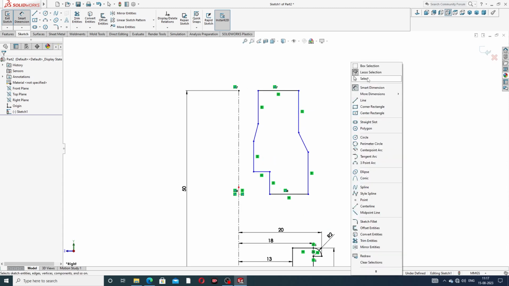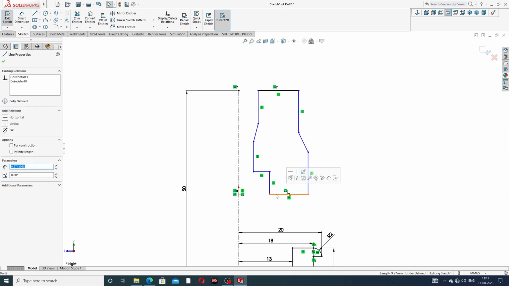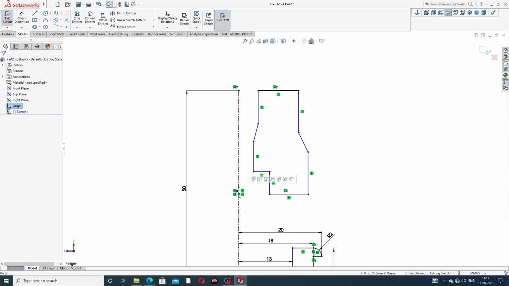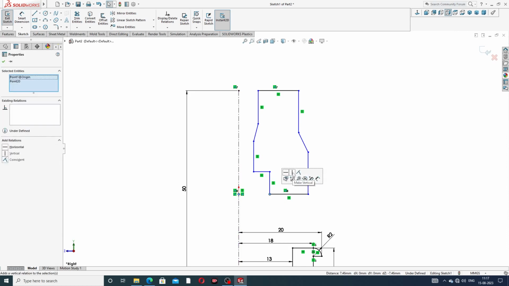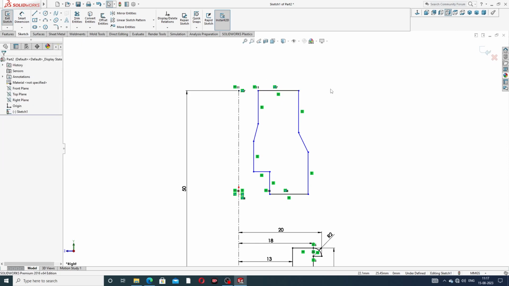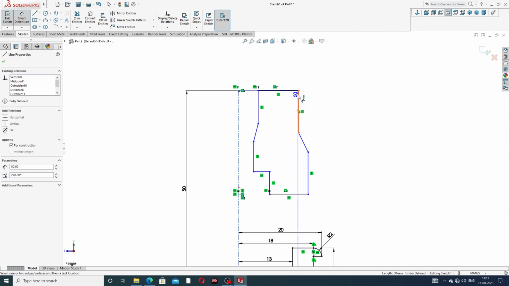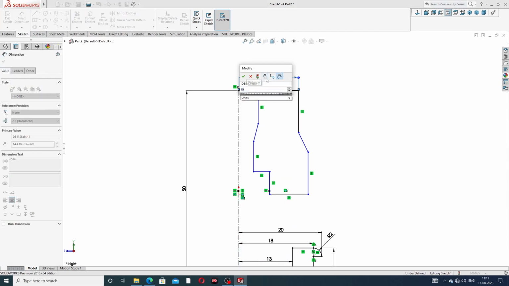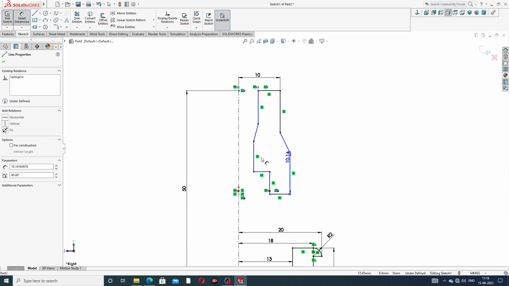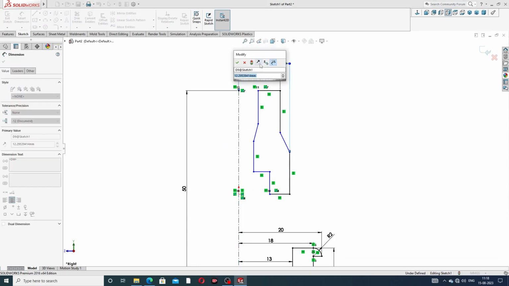At first, select this line. This point and this point are horizontal, and also this point and this point are horizontal. Okay, and the aligned dimension is this, 10 millimeter, this to this 10 millimeter, and also this dimension is 12 millimeter,